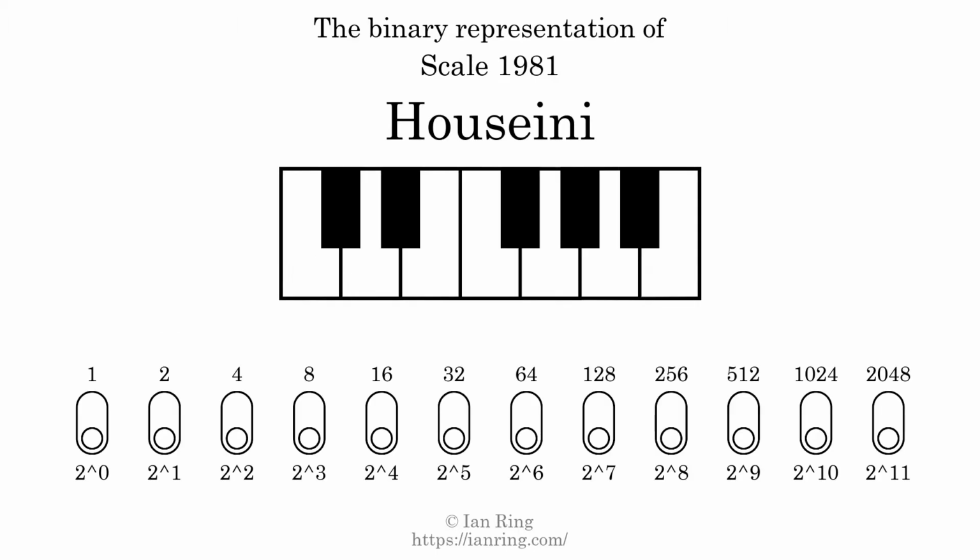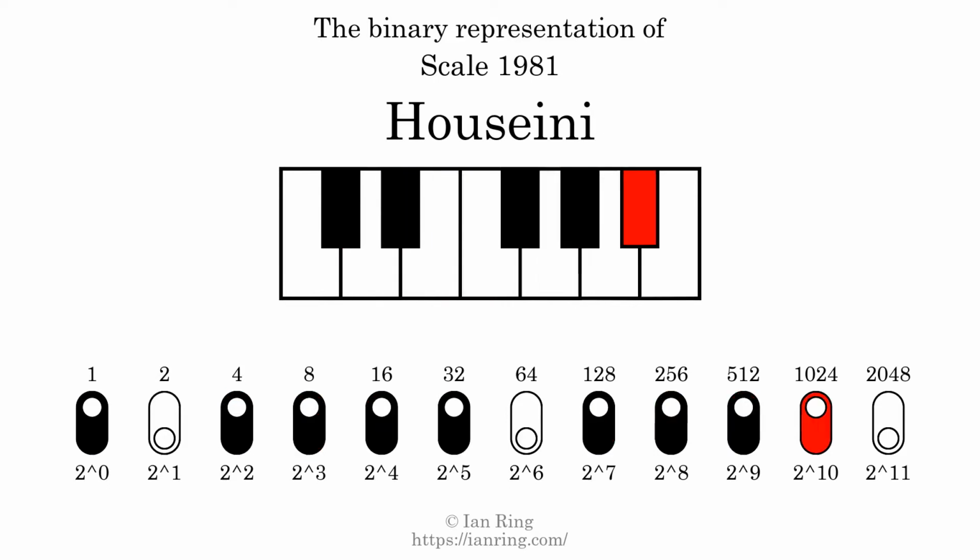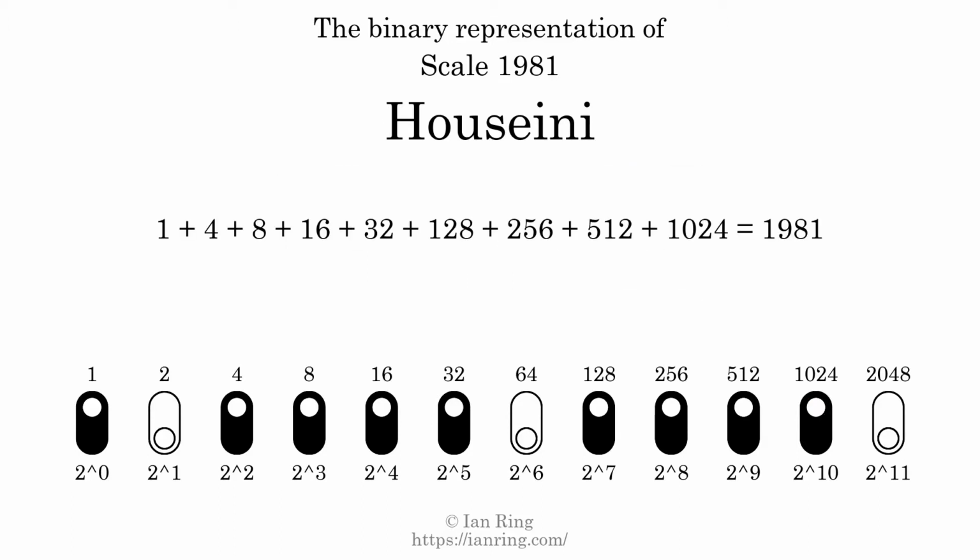The binary representation of this scale is determined by mapping tones of the scale to binary digits. Each binary digit represents a power of 2. To get the scale number, we add the powers of 2 together. The powers of 2 that are present in the scale, all added together, equals 1981. That is why the scale number, in decimal, is